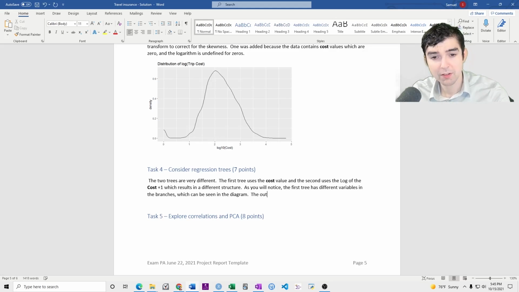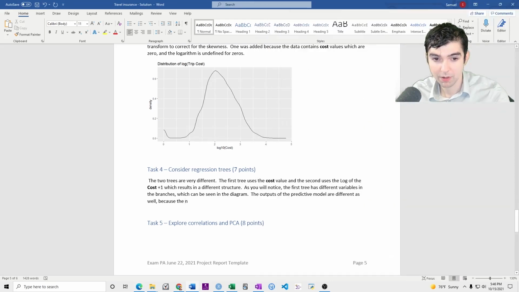The outputs of the predictive model are different as well, because the first tree uses the numbers in the bubbles in blue, which are called the terminal nodes. Smaller are larger.